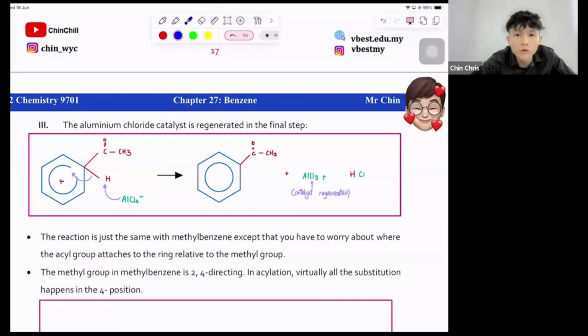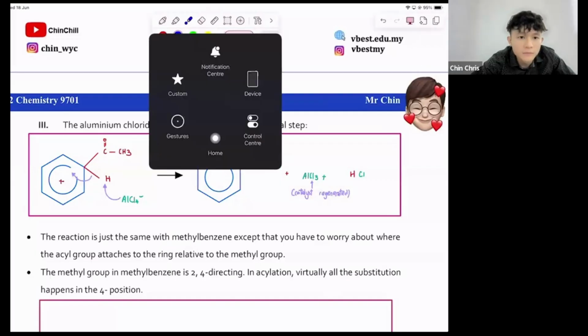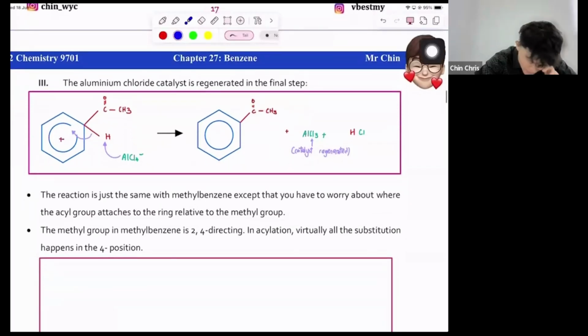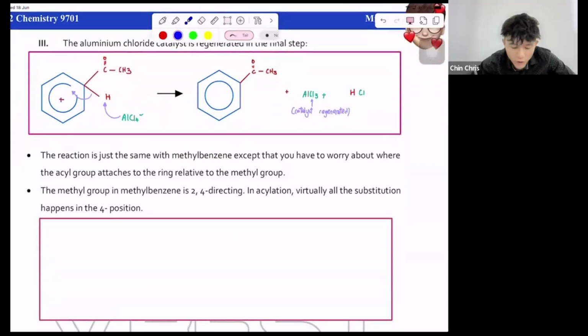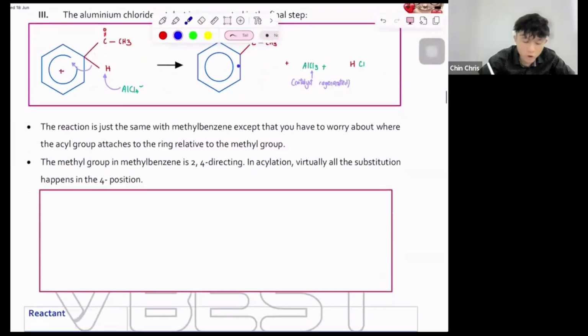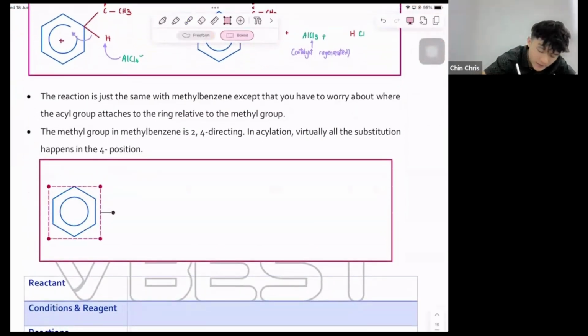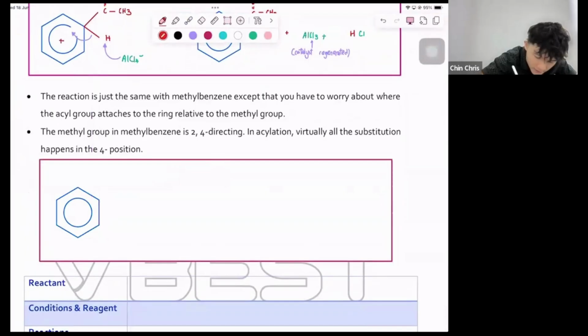Today we can move on to phenol. All right, guys, next. The reaction is just the same as methylbenzene, except that what you need to worry about is where the acyl chloride group attaches. So again, guys, this time I'm starting off with a methylbenzene, or C2H5, like that. And I'm going to add in